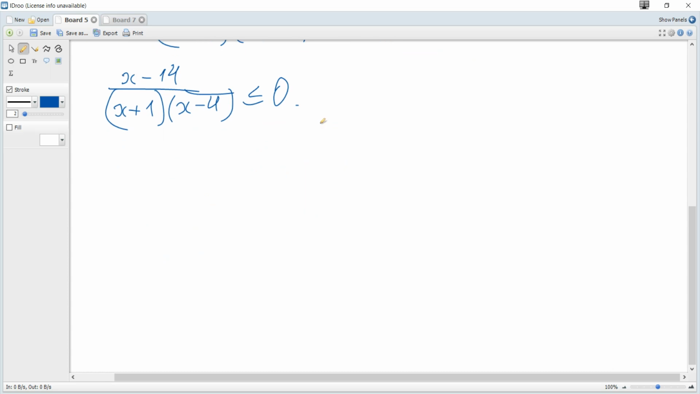Then we need zeros of the numerator and of the denominator. So we consider numerator is 0, denominator is 0, and we denote the obtained roots on the number line. So when numerator is 0, x is 14, and the point is included because here is less or equal, so 14 is included,